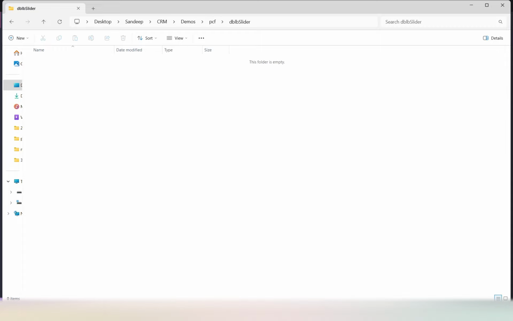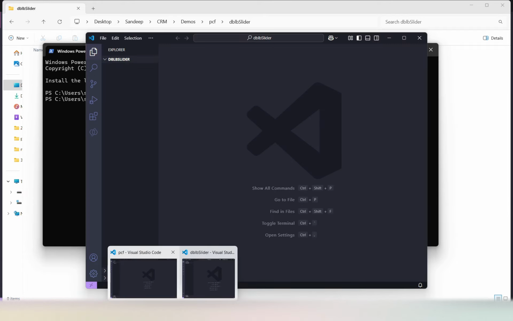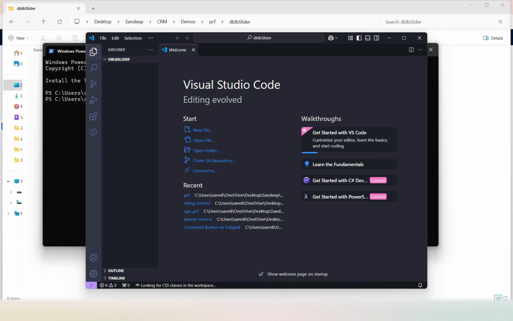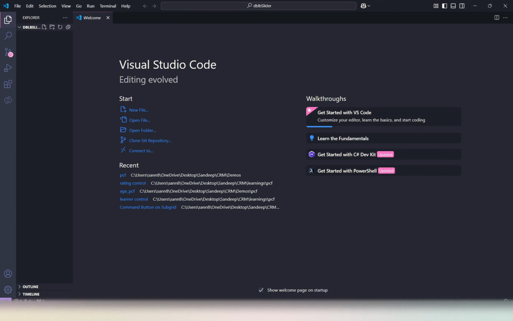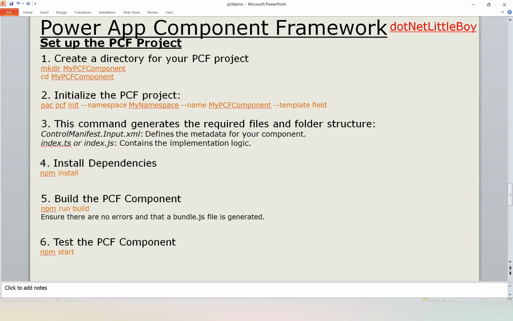Under this folder, I have to open the code. So this should be my root directory where my code resides. So I'll open that here. This is my folder DNLB slider. Under this folder, I will initialize my PCF project. The step for initializing the PCF project is pac pcf init, namespace,